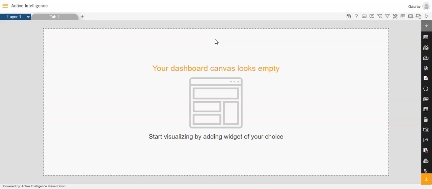In today's video, I will be giving the demo of how the select all on parent change functionality works in the dashboard in AIV. Now, this select all on parent change functionality will be useful in a condition where all the child filter options will be selected when we are making changes to the parent filter option.